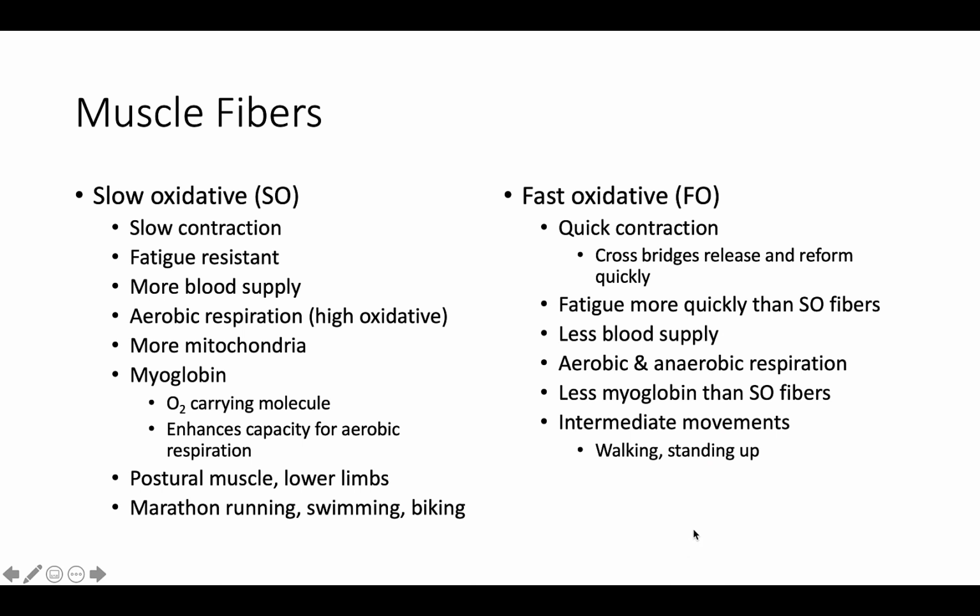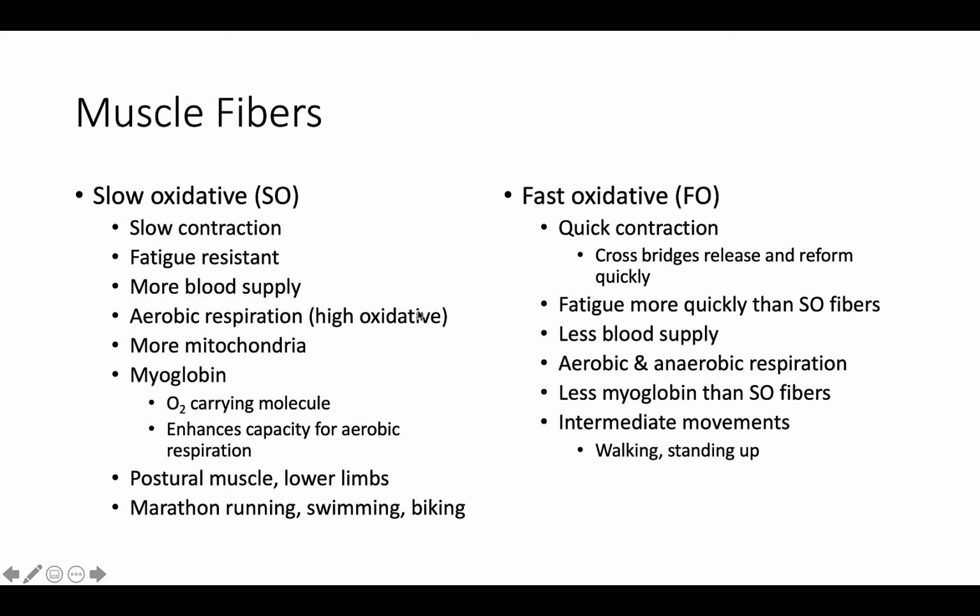And then when we're talking about muscle fibers, we have 3 different types, and all skeletal muscles are going to contain the different types. They just vary in proportions based on the primary function of the muscle. On this slide I have slow oxidative and fast oxidative because they compare relatively similar to each other. Slow oxidative have a very slow contraction, whereas fast oxidative have a very quick contraction where the cross bridges release and reform quickly. Slow oxidative is fatigue resistant and has more blood supply,